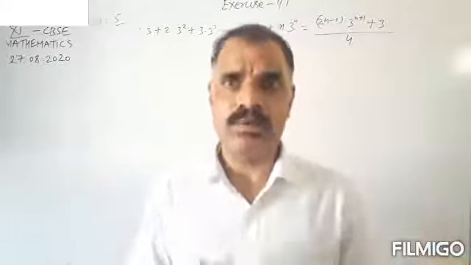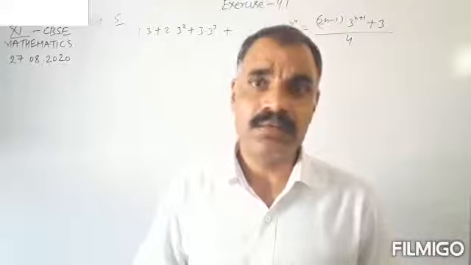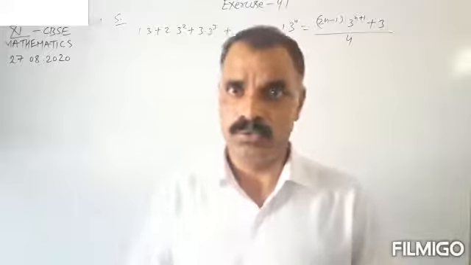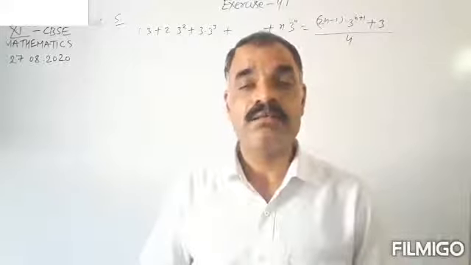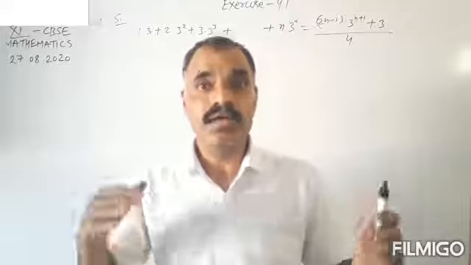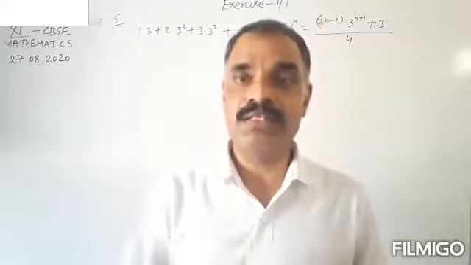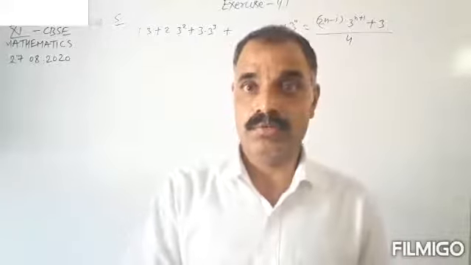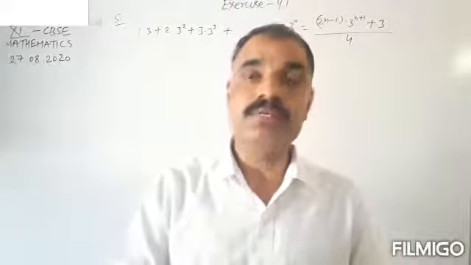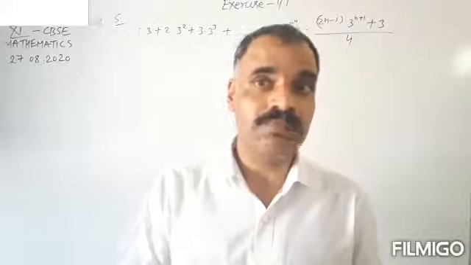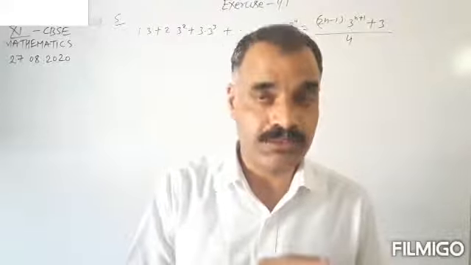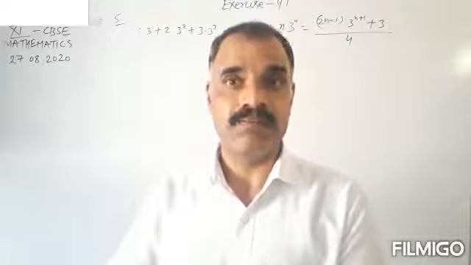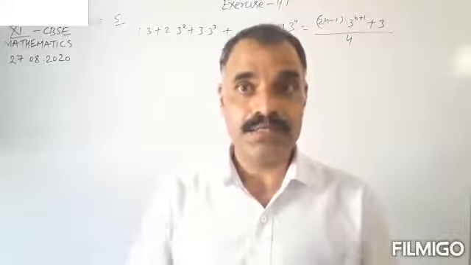In 3 steps, first of all we will verify the given statement by taking the value n equals to 1 or n equals to 2. After that we will assume that the given statement is true for n equals to k. It means this statement is true for n equals to k. We will use this assumption in the next step, and the next step is the induction step.